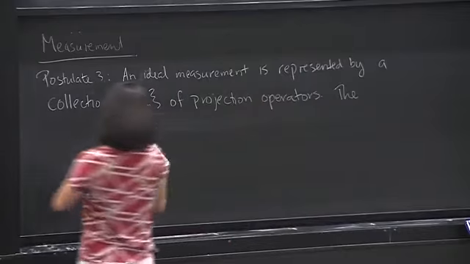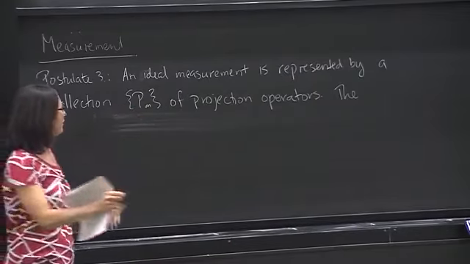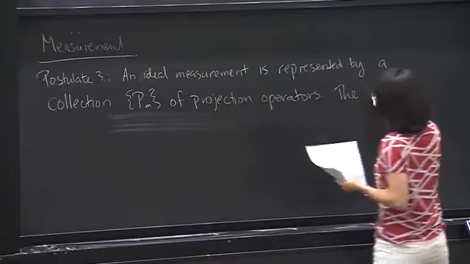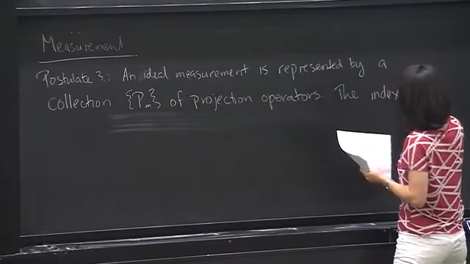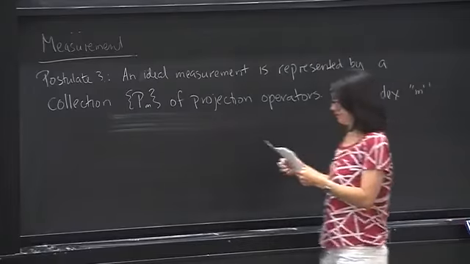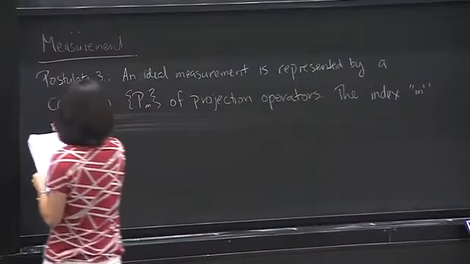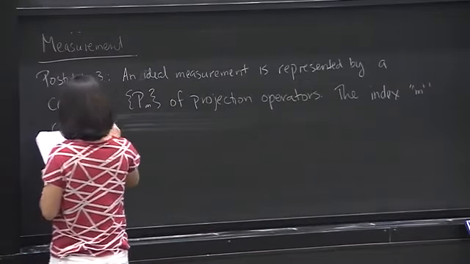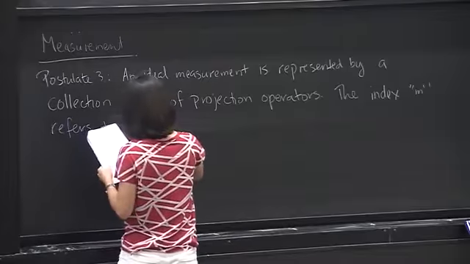So the collection is this set of operators Pm, and then the index M refers to the measurement outcomes